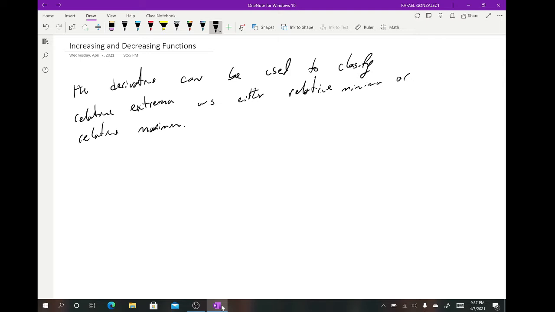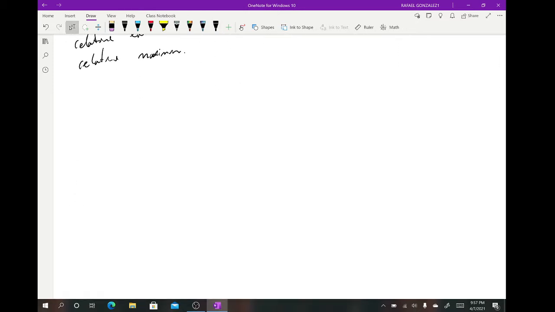Now, before we begin to define relative minima and relative maximum, we'll be talking about what it means for a function to be increasing or decreasing. So let's define those two terms right now. You may remember this from other classes, but if you don't, a function f is increasing on an interval